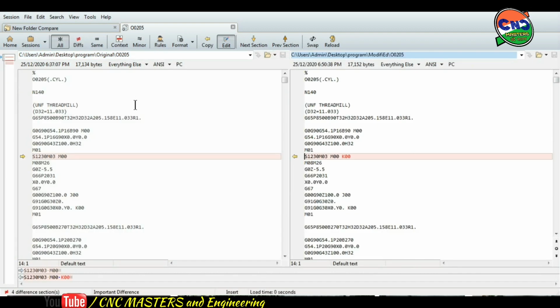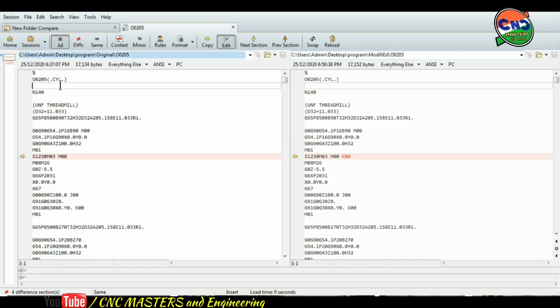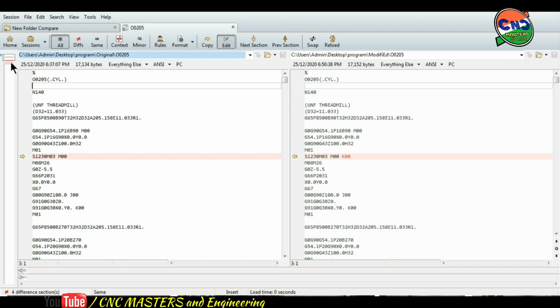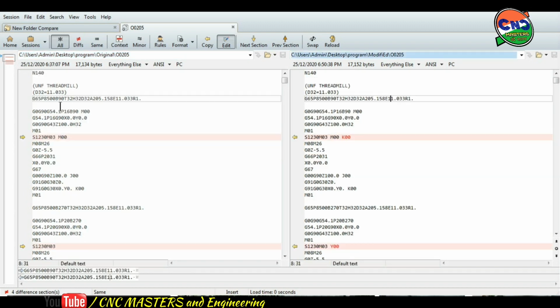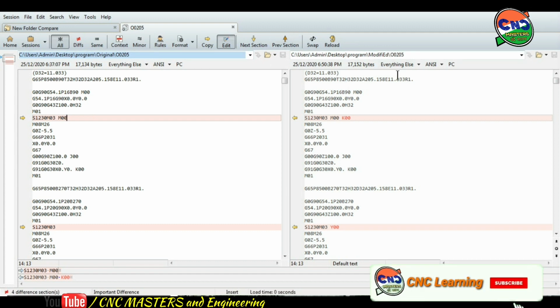You can see there are two programs. This one is the original program and this one is modified, as written here. On the left side you can see some red marks, red lines. A red line means there is a difference between the two lines, this side and this side. Here is k00, and here you don't have k00. This is your original and this is the program edited by you.